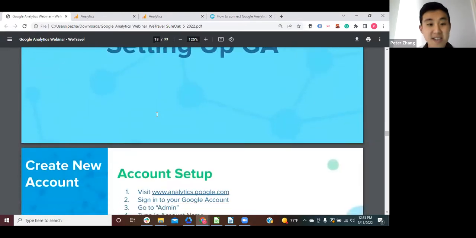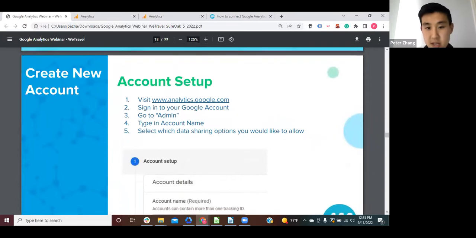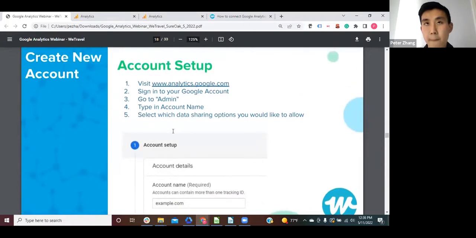So getting into the setup here, I do have a lot of instructions on these slides, and we're probably not going to go through everything step by step, but I will show you generally how to set it up. You can refer back to these slides later. There are also a number of different ways to set up Google Analytics with your website, and I'll cover that too.